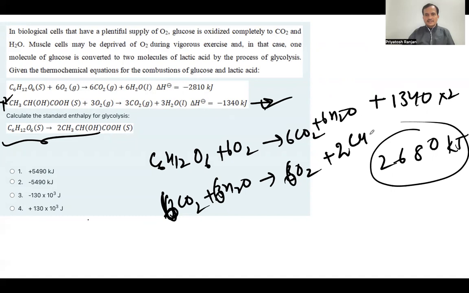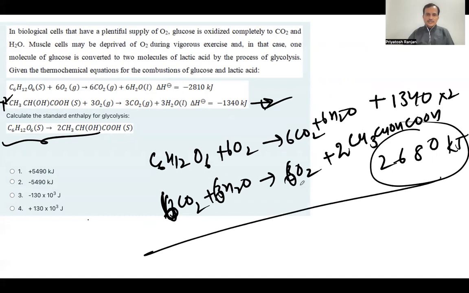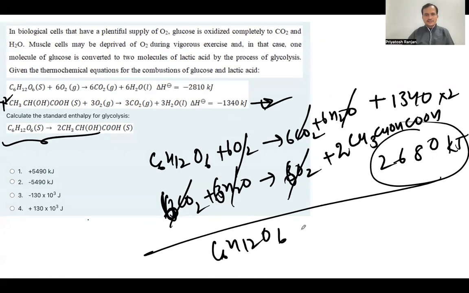I'm just writing CH3CHOHCOOH. Add these two values. So this will get eliminated. I can cancel these ones. I can cancel this one. And now the final equation which I'm going to get, C6H12O6, giving me 2 molecules of